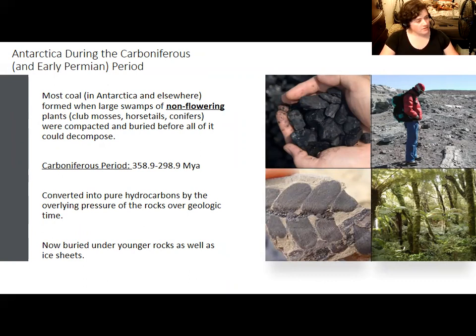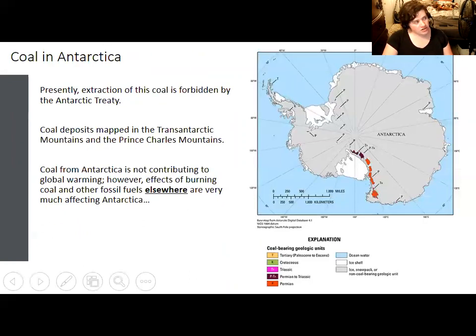But sometimes coal in Antarctica is exposed by landslides or found in little bits of glacial erratics. And coal is one of the few potentially economically extractable resources presently known from Antarctica. I'll talk a little bit more about this in the next lecture when I talk about the Antarctic Treaty and how the treaty was in part put in place to ban mineral and fossil fuel extraction.